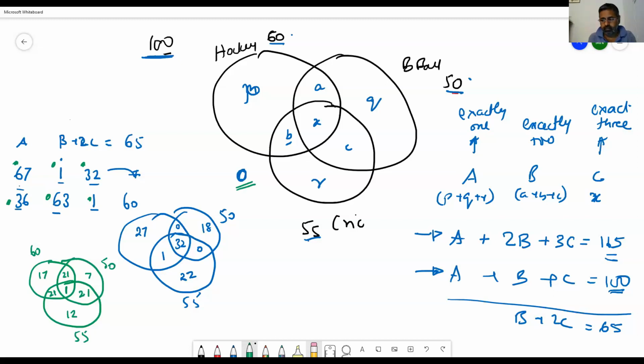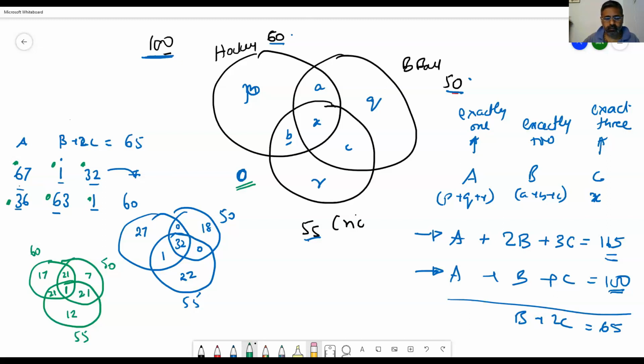Sir, actually, I have a conceptual doubt. In this equation which you have subtracted from, you have got B plus 2C equals 65, right? As you were telling, we are talking about chocolates. Basically, this is the additional chocolates that were consumed by the same number of students. If you look at it from that point of view, B is having 2 chocolates. Every child gets 2 chocolates, and in C, every child gets 3 chocolates.